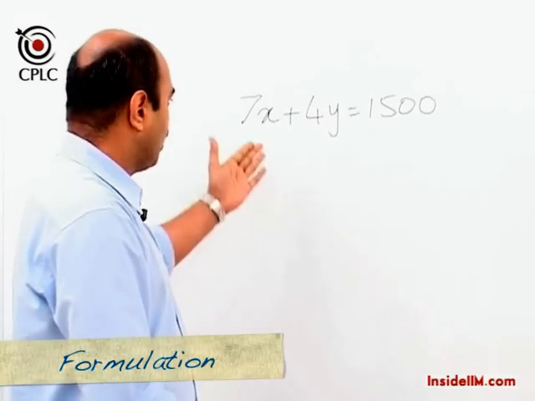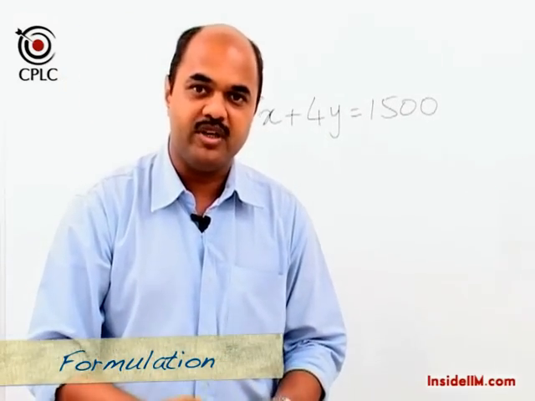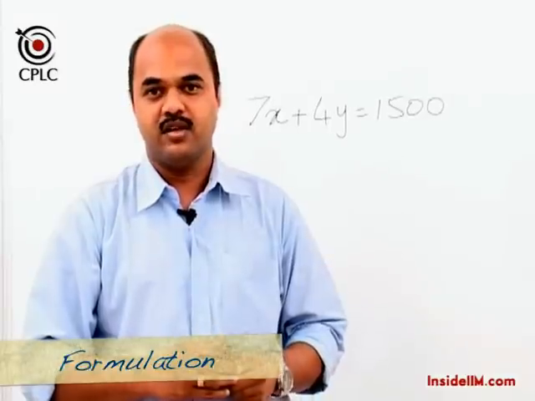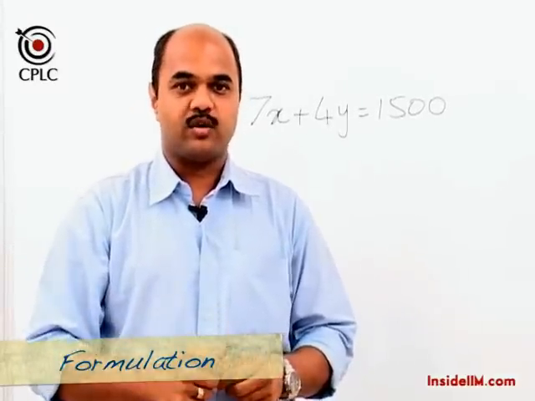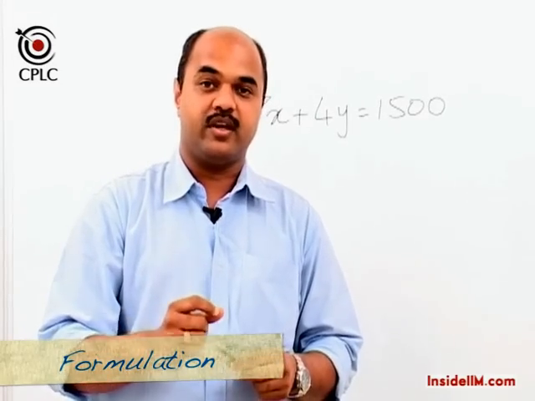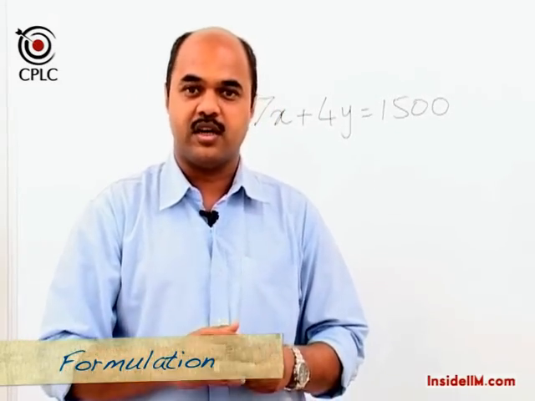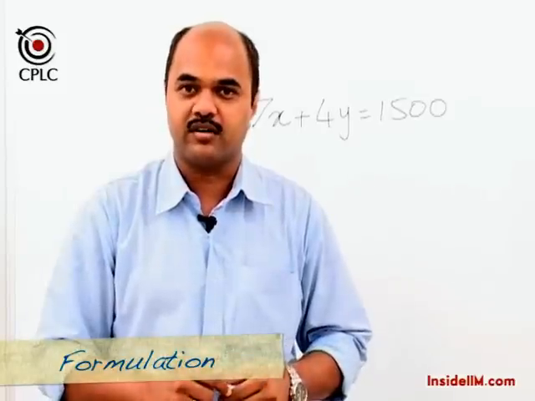Now, why do we always go on to x and y? We go on to x and y because that is what we've been used to since our school days. Whenever we solved a question on equations in our school days, we would always think of the first variable being x, the second variable being y, the third variable being z, and hopefully we didn't need more than that.